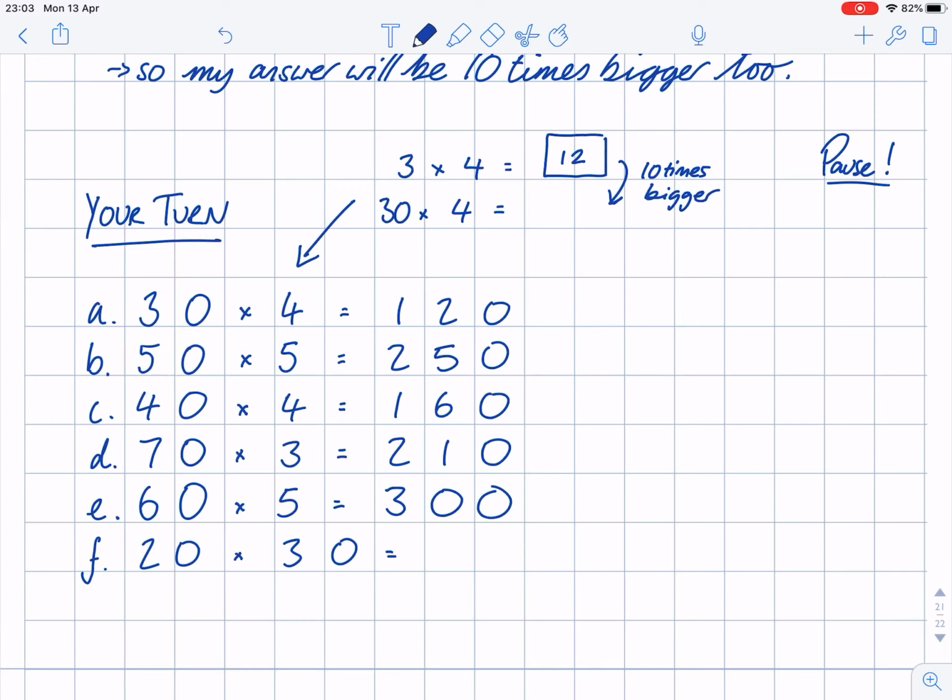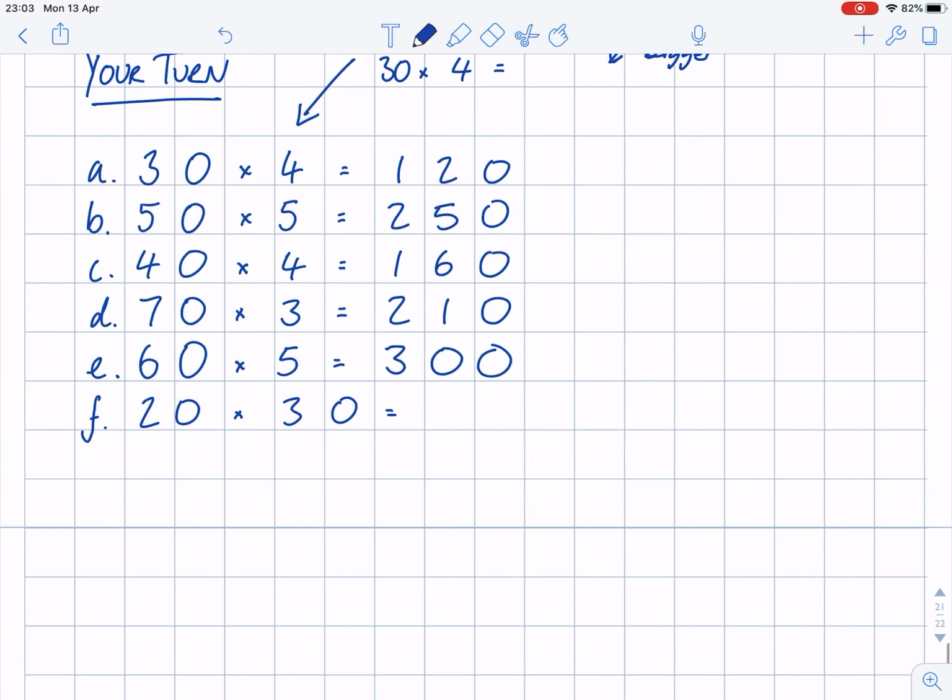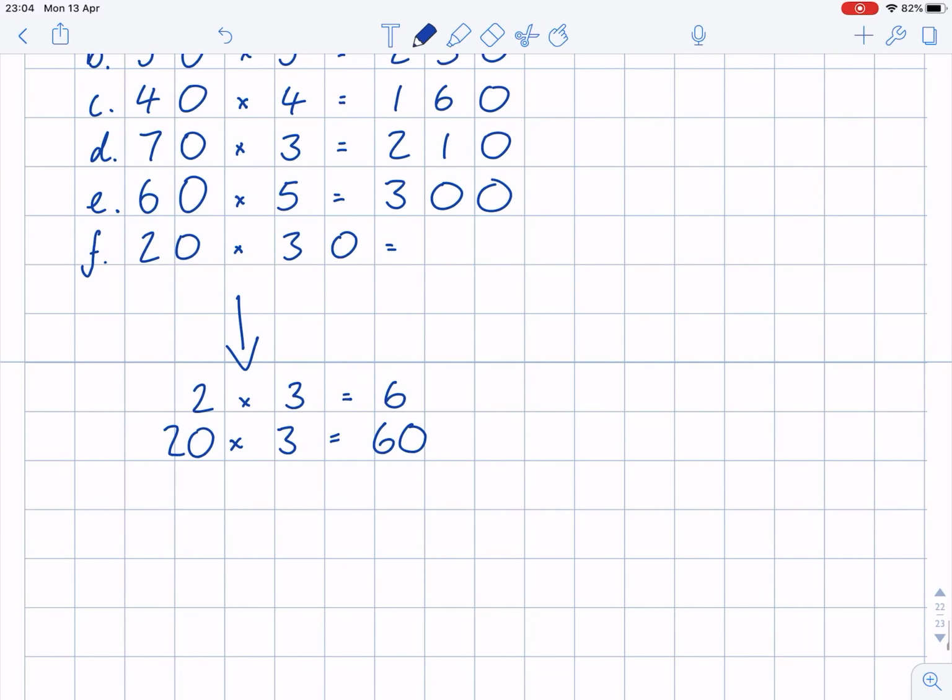Now, this last one is the only one which you might think, how do I do that? But again, if you followed the steps and just added one extra step on, you'd have got the right answer. If I break it down here, I know 2 times 3 equals 6. I'm going to make my 2 10 times bigger to make 20, so I need to make my answer 10 times bigger. With me so far? That stays the same, the 20, but now I need to make my 3 10 times bigger. And because I've made that 10 times bigger, I need to make my answer 10 times bigger as well. So 20 multiplied by 30 was 600. If you got that one right,